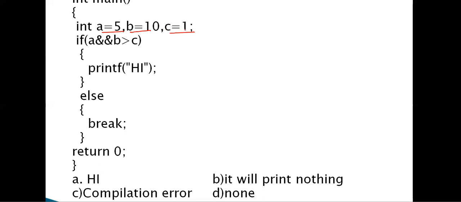And the final example for today's session is A is equal to 5, B is equal to 10, C is equal to 1. First, A double ampersand B, that is 5 double ampersand 10. Is the condition true or false? Greater than 1. Okay. So among these two, first the relational operator is performed. The condition is true, a non-zero number and a non-zero number. If both are non-zero numbers, non-zero numbers means true. So the answer is automatically high. You got it?